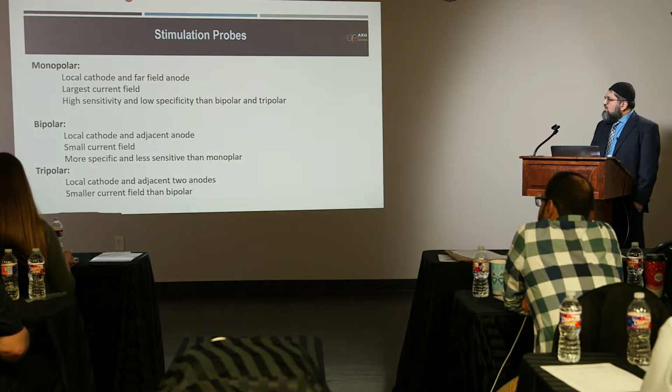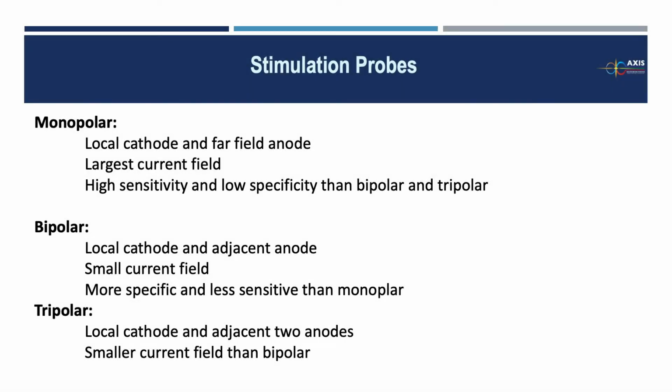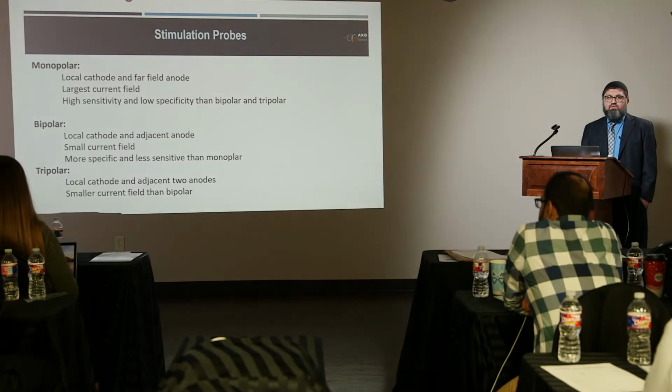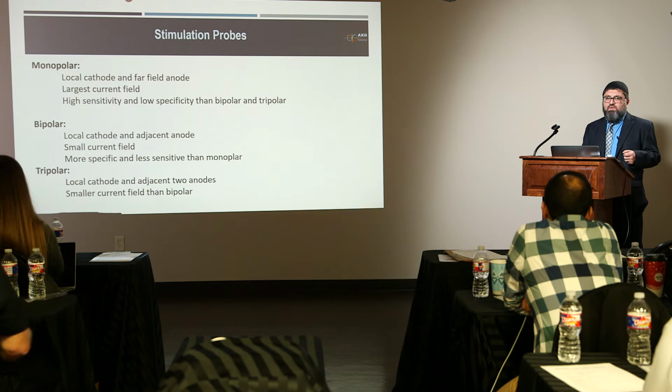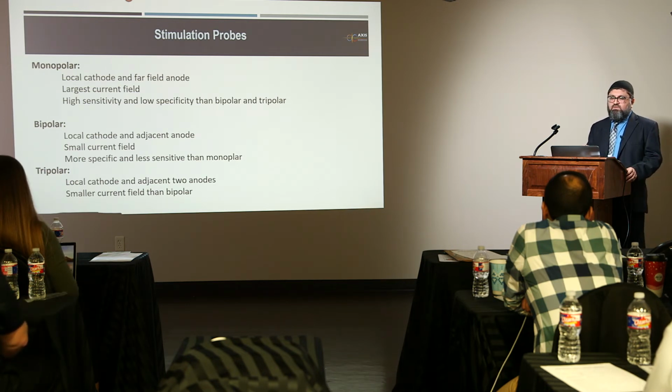So the stimulation options: we have monopolar, bipolar, and tripolar. For the rhizotomy, we use monopolar electrodes. We use 2 monopolar electrodes, and together they work as bipolar, because bipolar electrodes have a fixed distance, and most of the patients are pediatric patients, and they have very small nerve roots,